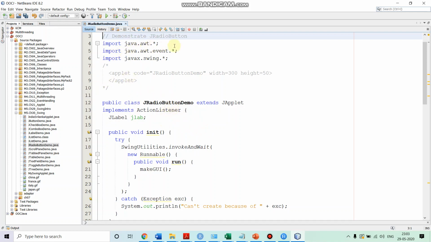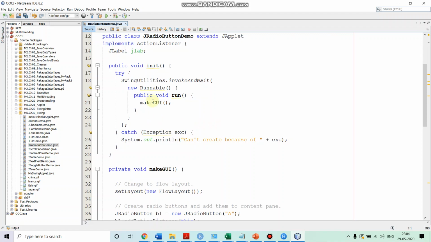We are first importing java.awt.*, java.awt.event.*, and javax.swing.*. These packages we need in order to get access to the event handling classes and interfaces, and Swing controls.